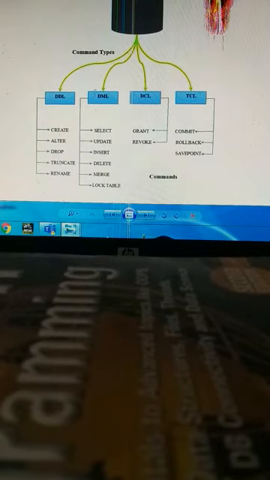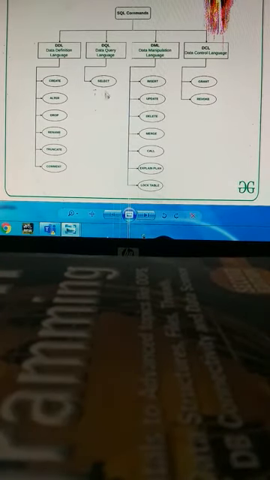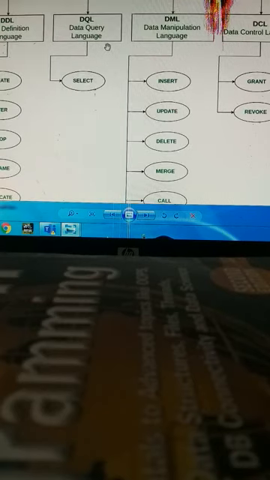Sometimes the select query is also known as data query language. But most of the time, in books and various records, you will see that the select query is kept with the DML commands, that is data manipulation language.